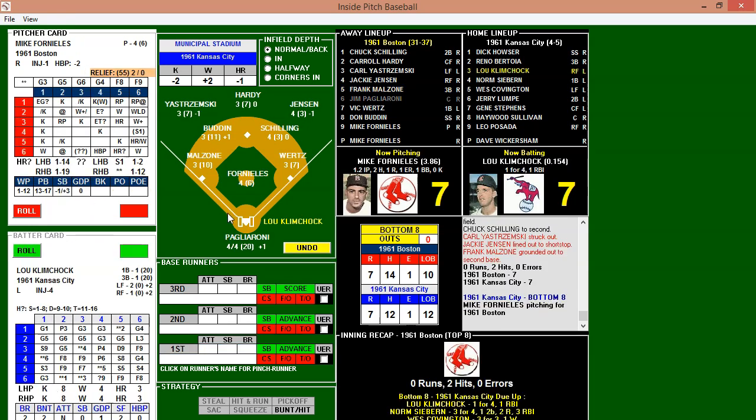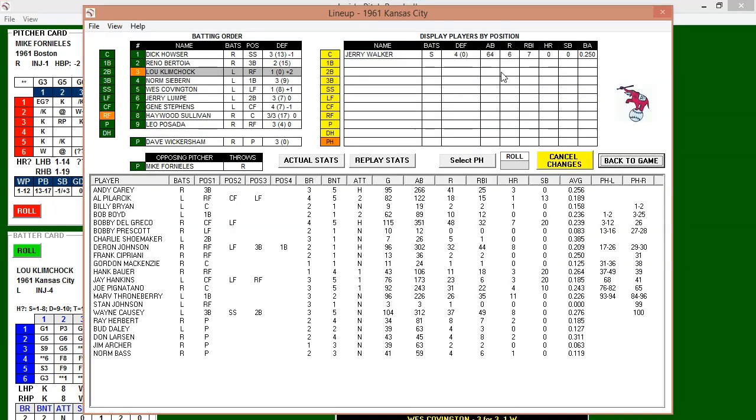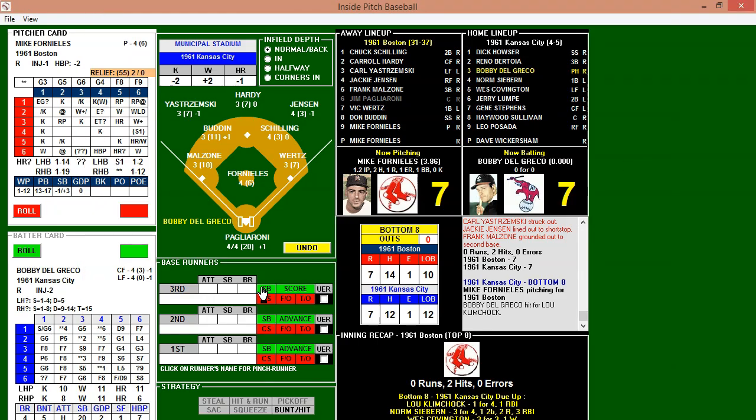So the Red Sox unable to retake the lead as we go to the bottom of the 8th. 7-7. Fornelli's back out on the hill. And Klimchuk, that would have been the pitcher's position here, so we're going to pinch hit for him. And we'll bring in this Bobby Del Brecco. So Del Brecco in the pinch hit.